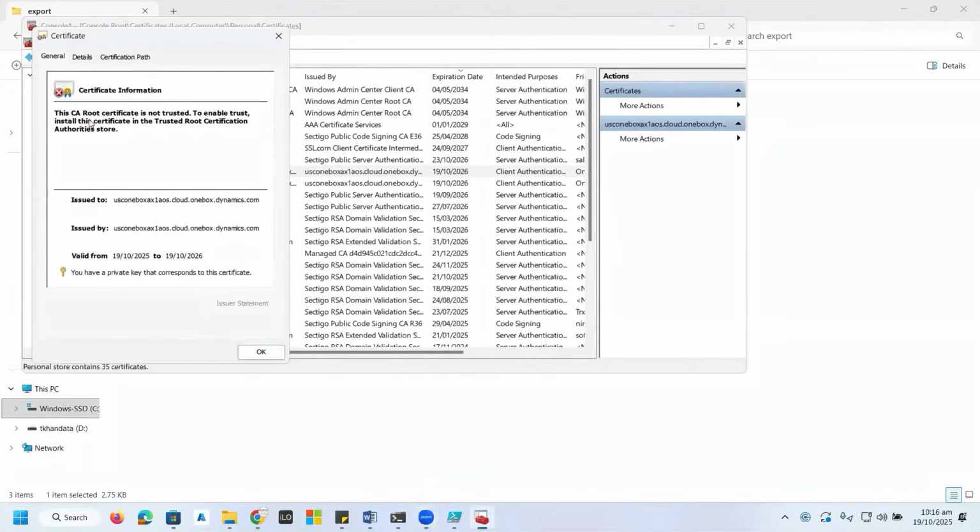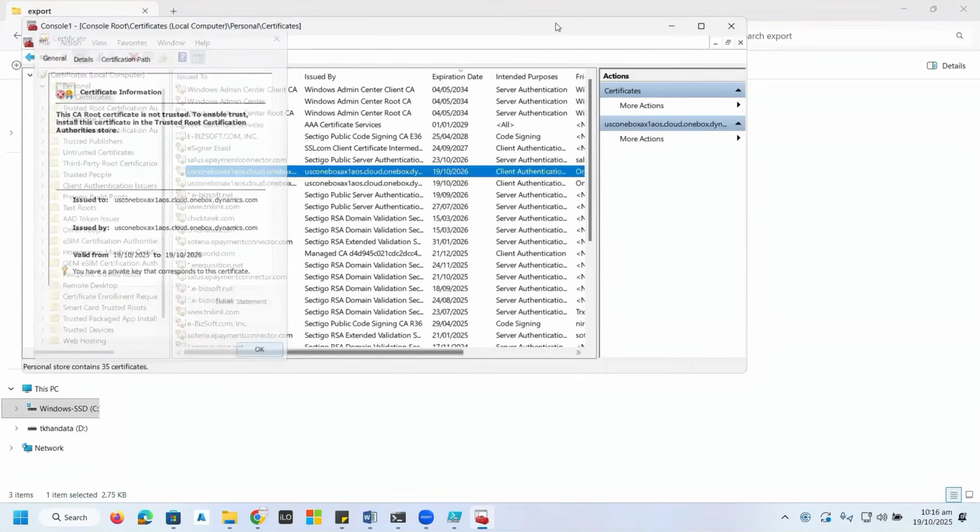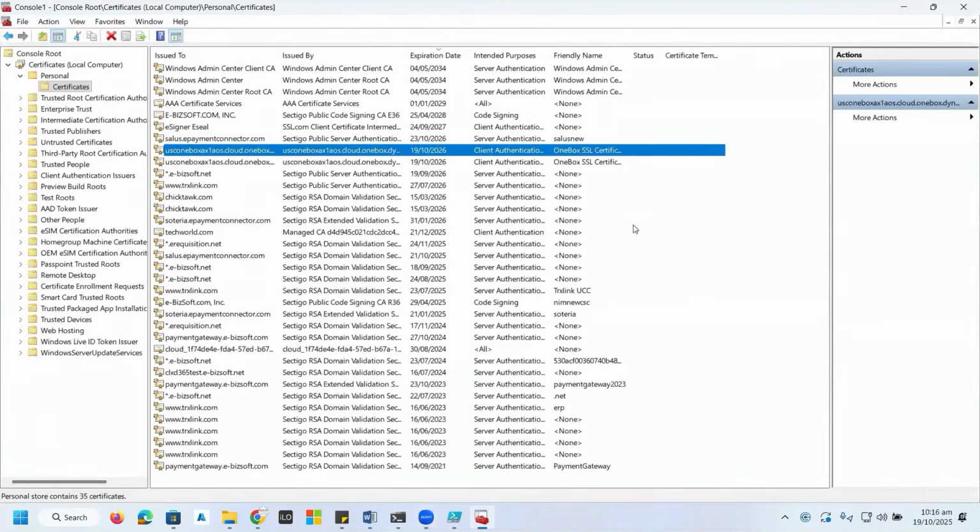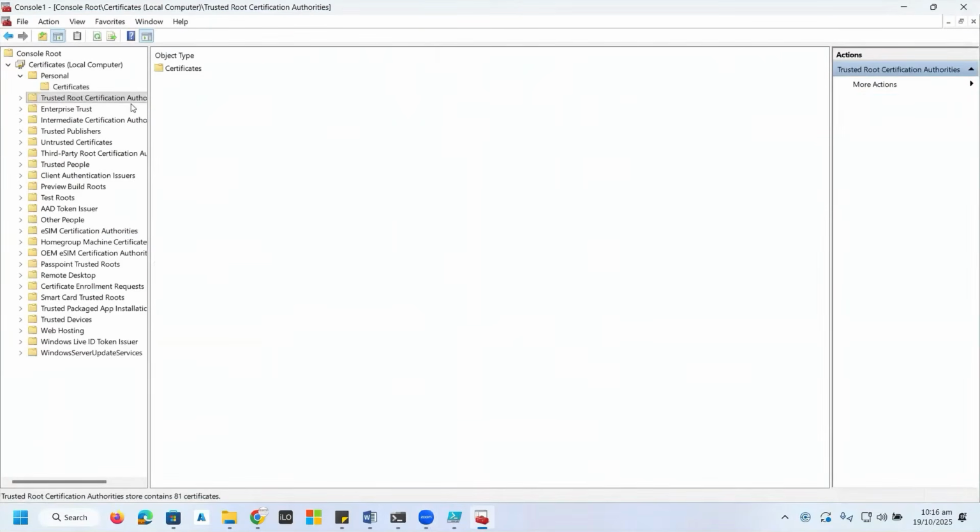Here, this certificate is not trusted. It's a very generic kind of problem, because it's a self-signed certificate. No third party is involved in the creation of this certificate. That's why this error is generated. Now, what can we do to resolve this problem? It's really simple. We just need to reinstall this certificate and place it in all the locations: trusted root certification authorities, enterprise trust, and intermediate certification authorities. These are the three areas where we need to install and place the certificate.